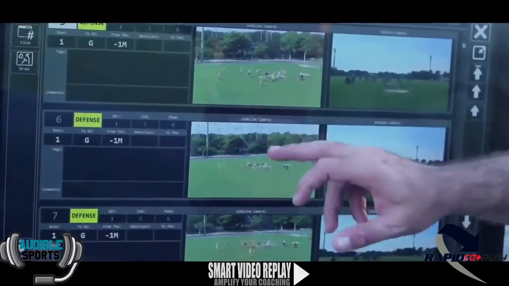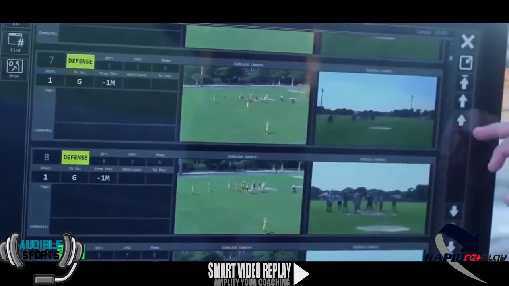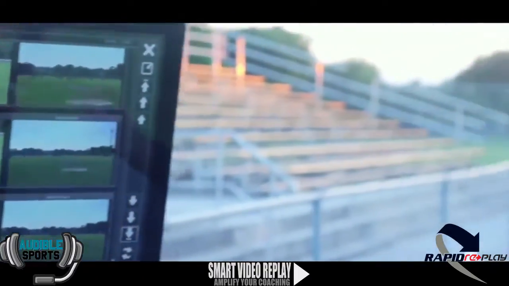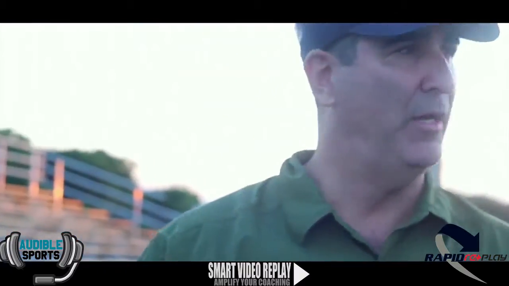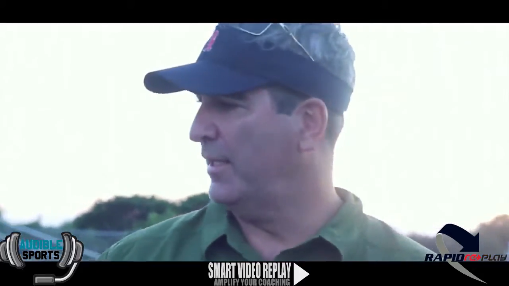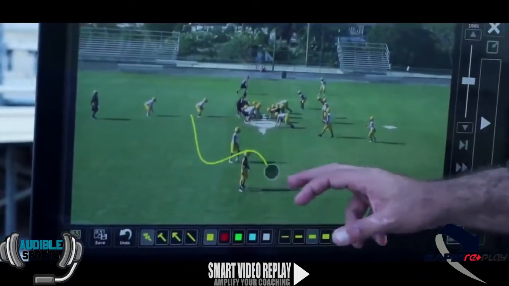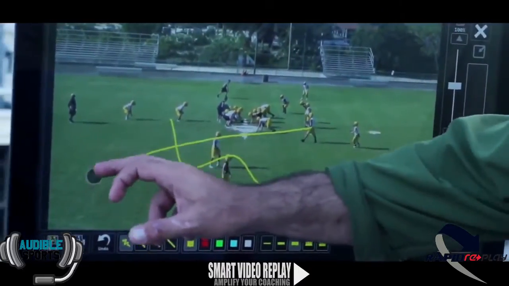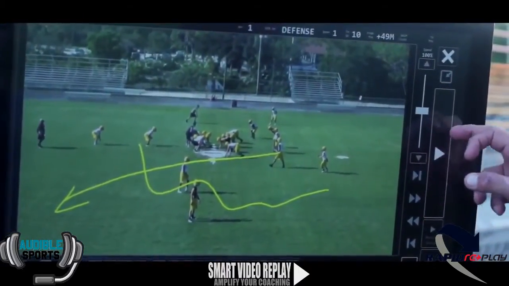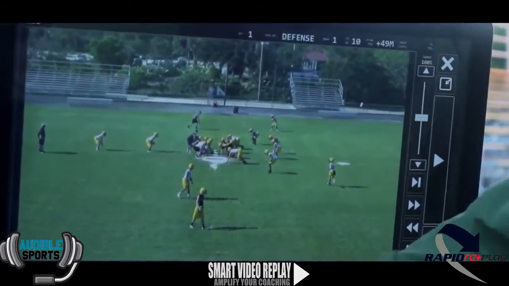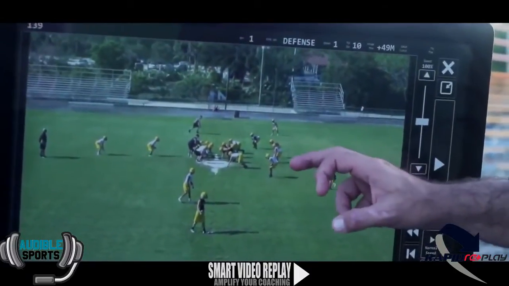One of the really cool features is, especially if you're doing a lot of plays at your fingertips, if we're working with quarterbacks, we might shoot a quarterback from the side angle and from the front. And in doing so, you're going to want to draw. If you were drawing on the screen, you could bring them up. Instead of doing a draw, maybe a route or something, and when you play, the drawing goes away. We also have an overlay drawing mode, which allows you to,